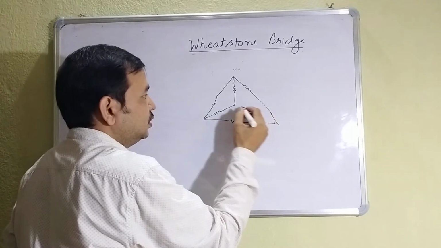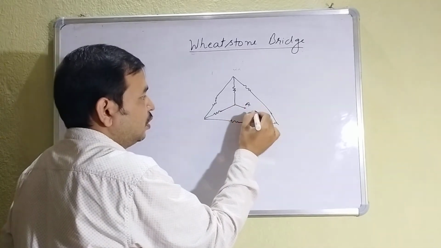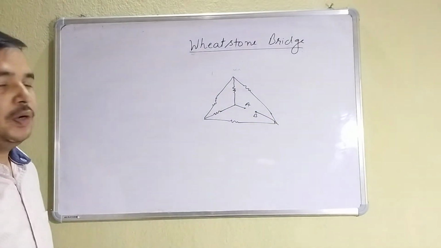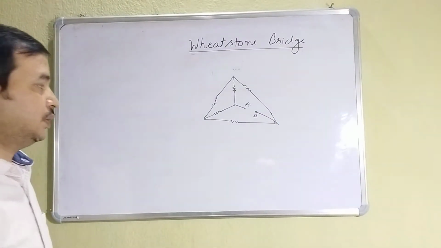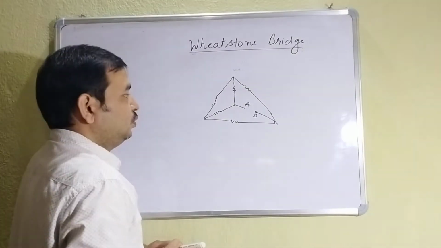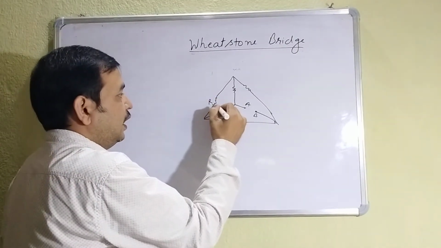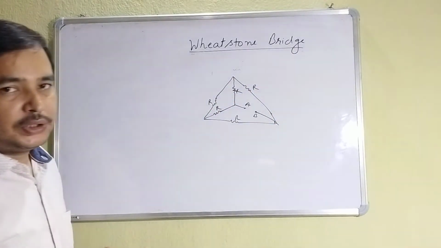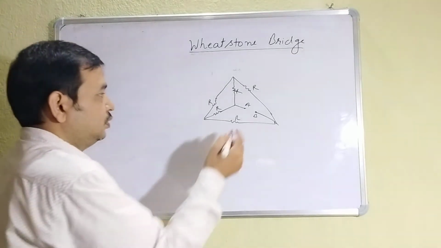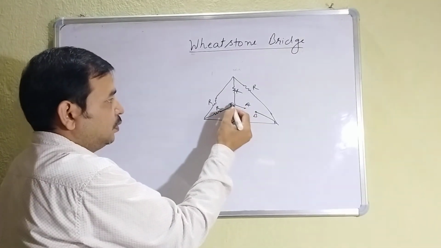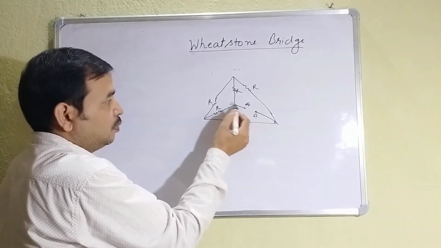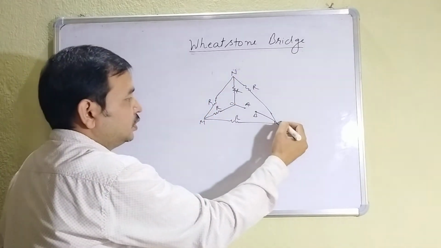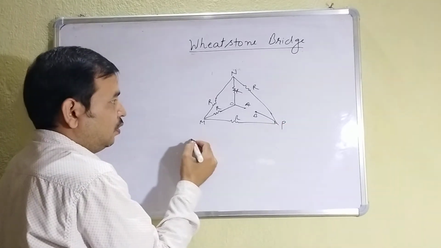Suppose one problem is like this. This is point A and this is point B. Between them, what will be the potential difference if it is asked? So first, how to solve this one? Suppose all are R. First, you try to understand how to draw the equivalent circuit of this. You see here, this is point A. Suppose this is O. Both are the same point because they are connected only with a wire. This is M. This is N. This is P. Now you draw.